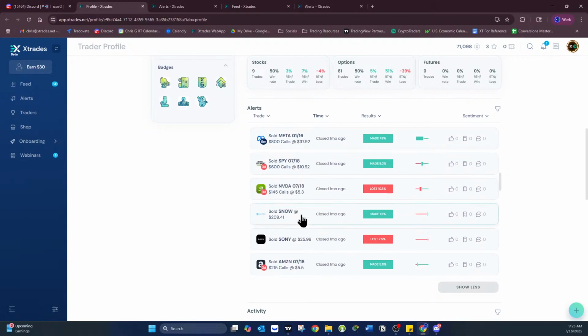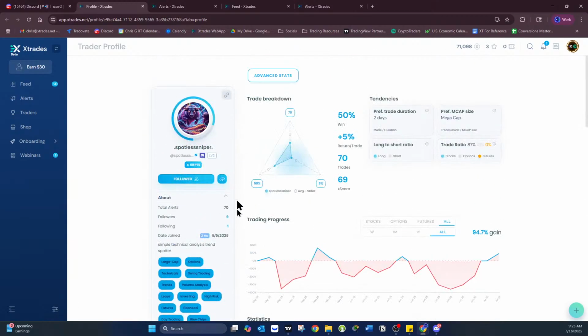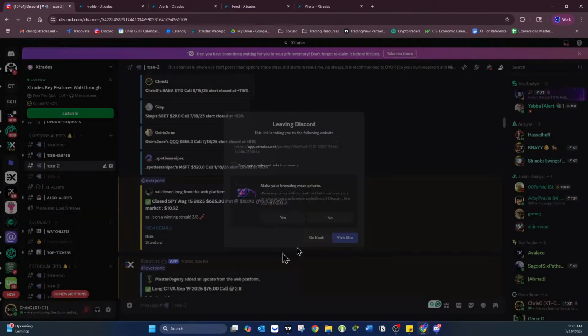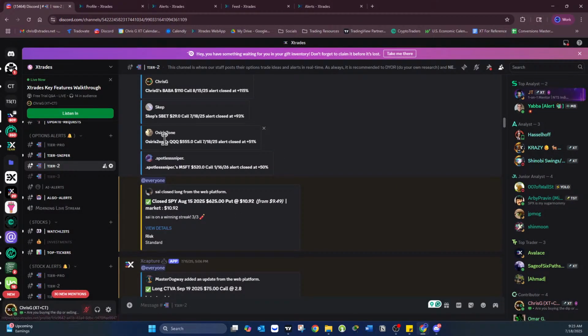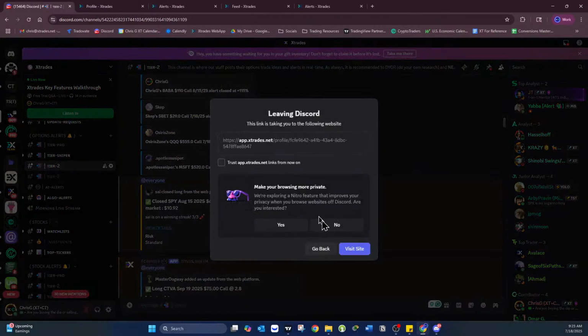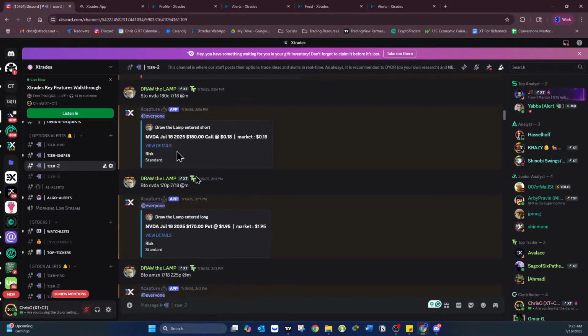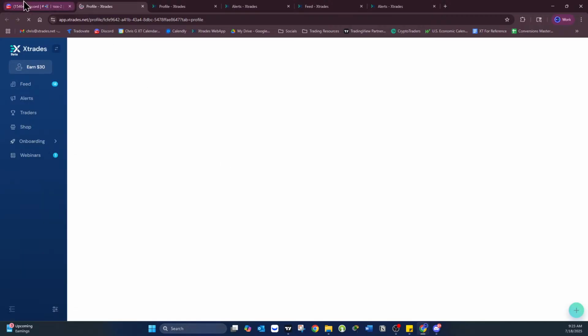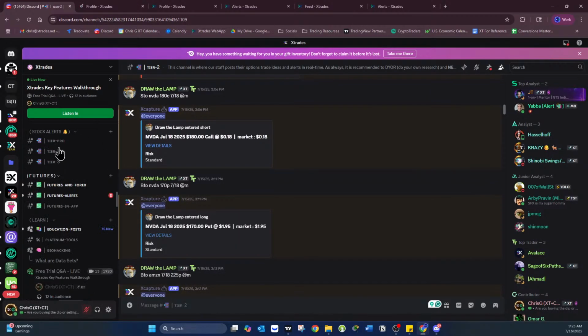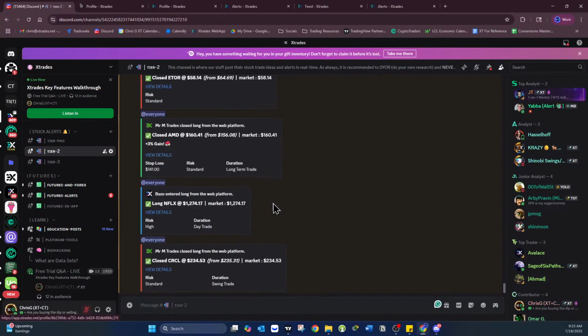So again, the Spotless Sniper, he's a beast. Osiris, I mean, again, a lot of the guys that you see here on these top trades, usually they're there for a reason, and you might see them more than just one day. You might see them a few times a week on these top lists of gains, right? And same thing for the stock side. Tier 2.